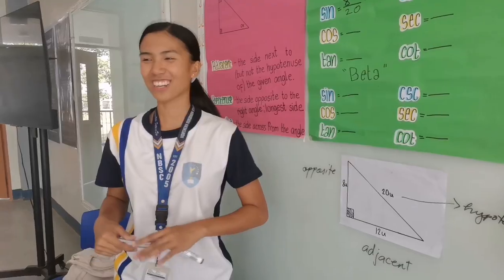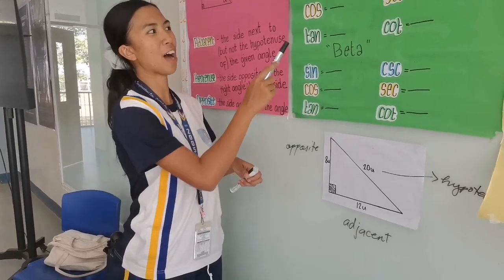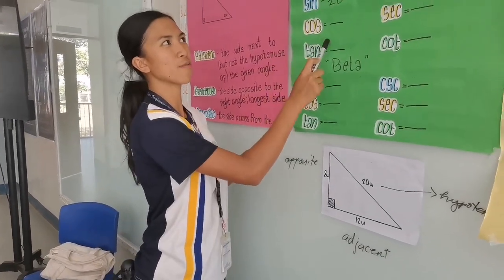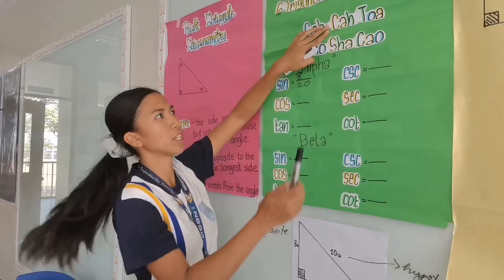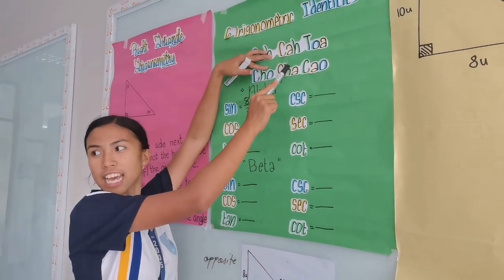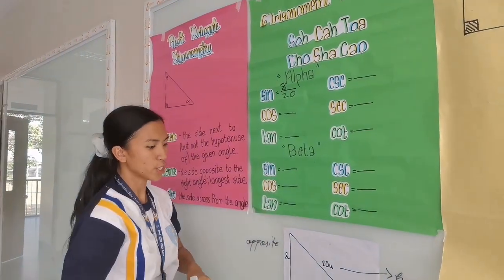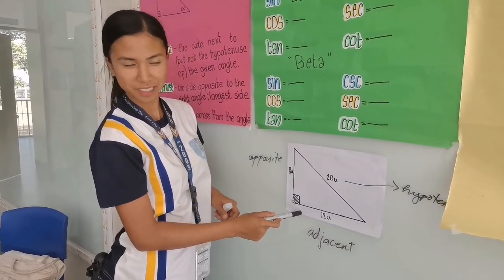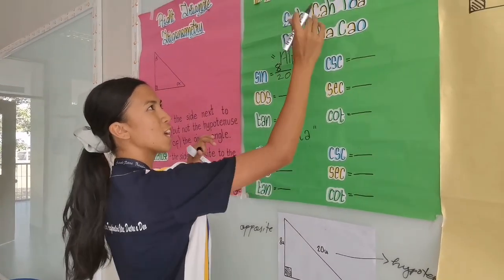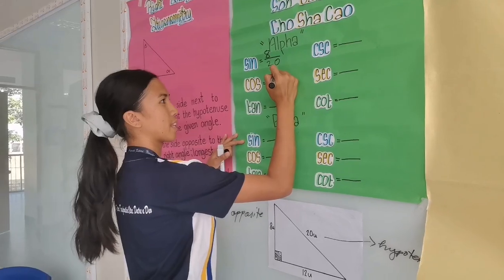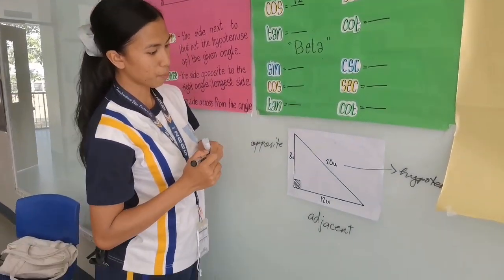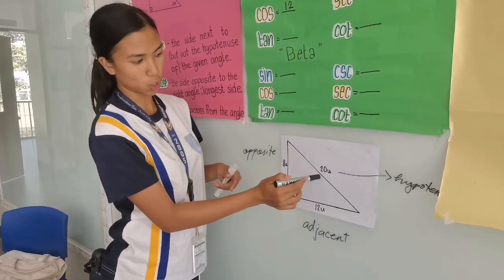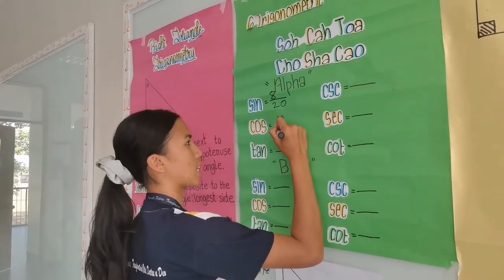So next is the cosine value. To get the cosine value, we look at the CA, which is composed of the adjacent and the hypotenuse side. So the adjacent side is what units? 12 units. So we put 12 on top. And the hypotenuse side is also 20 units. So we put 20. Yes.